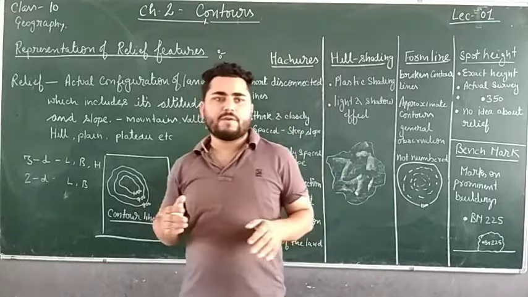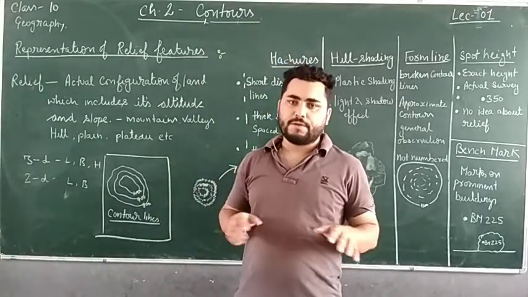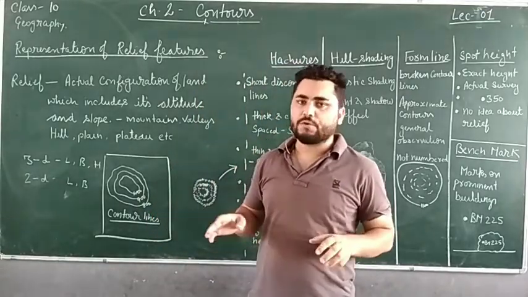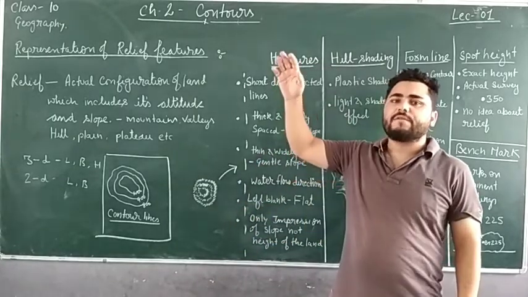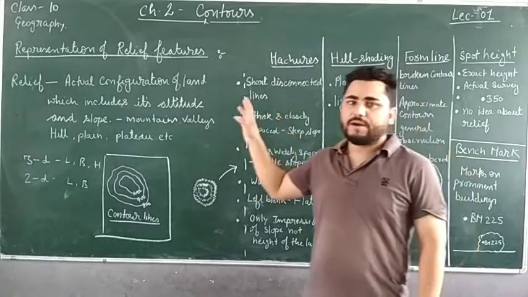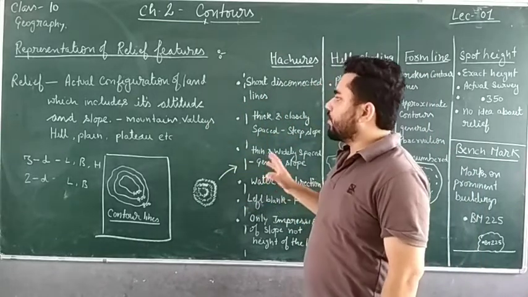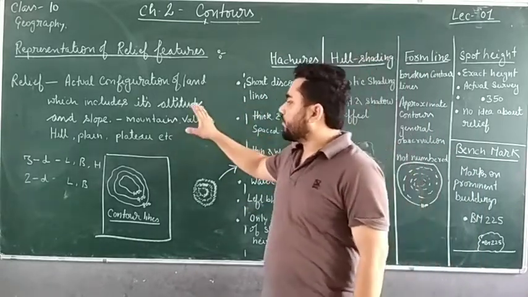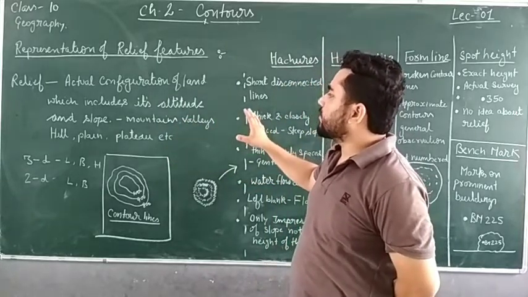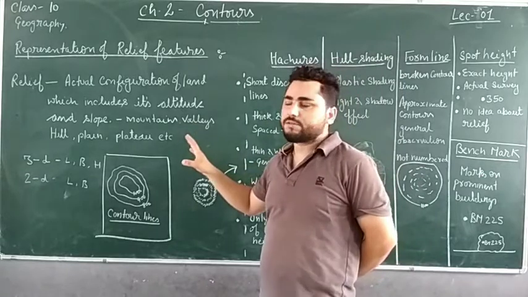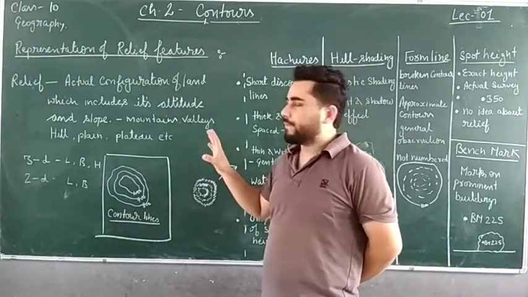Like suppose we are having different types of land. We are having plain land, which we call plains. Then we are having a land with a rolling surface and very high altitude. That type of land is called mountain, right? So here mountain, valley, hills, plains, plateau, etc. These all are the relief features of earth.